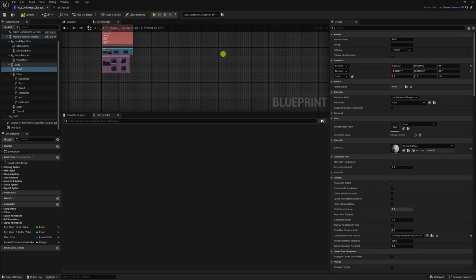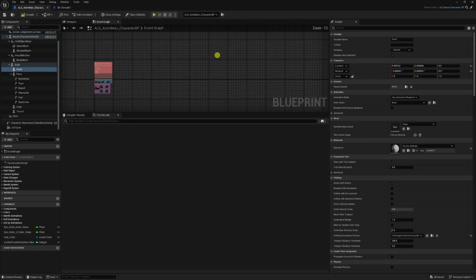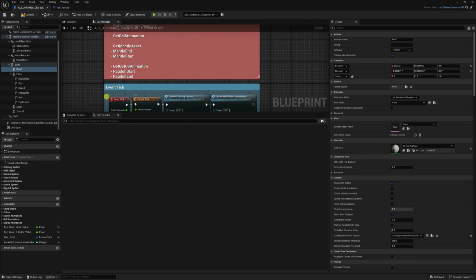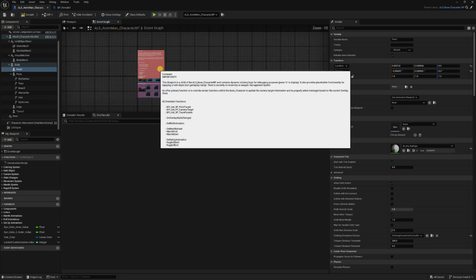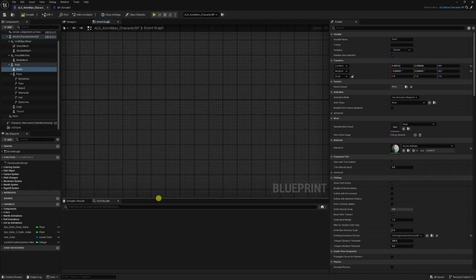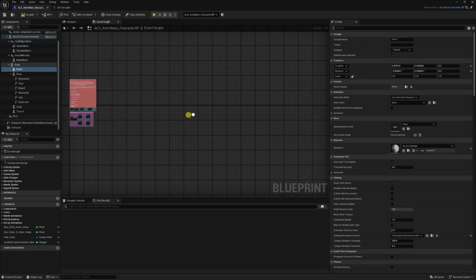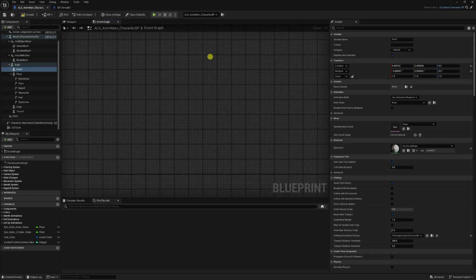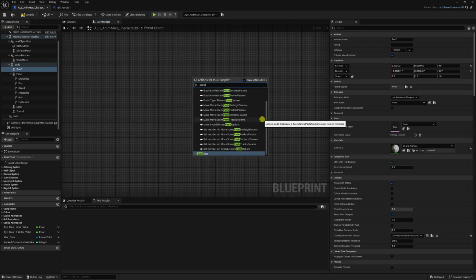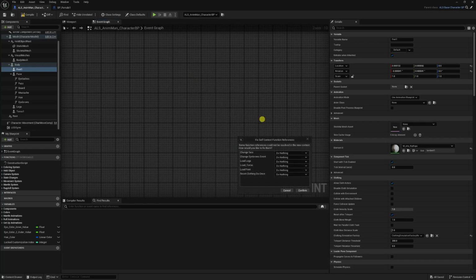Move to ALS, right click in an empty space. I think let's go a little bit far from this logic over here, although we are going to use a small part of this logic, but just move a little bit of a distance from there because I don't want it to overlap. Okay, I'll come to an empty space somewhere out here, right click and type paste, or press Ctrl V,